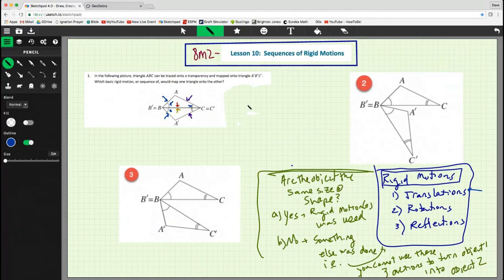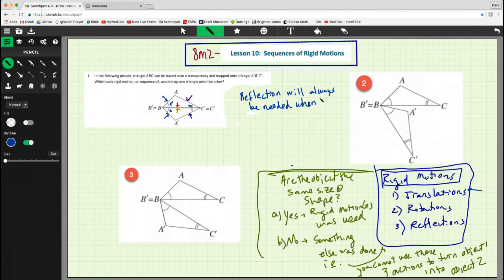I know that reflection, now watch this, will always be needed when? Reflection will always be one of the 3 rigid motions I need to use. Reflection will always be needed